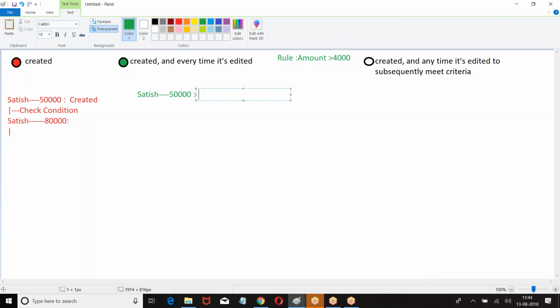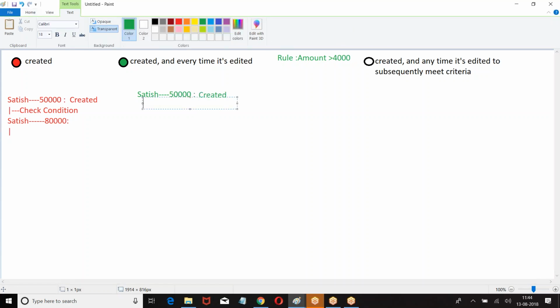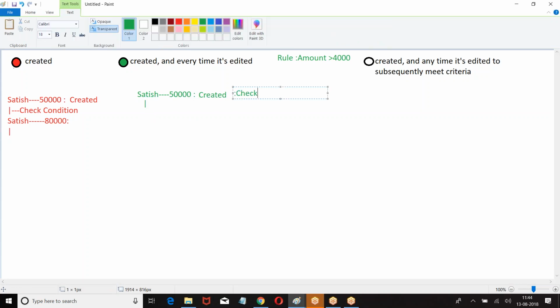A record is created called Satish 50,000. When you create a record, check the condition. Then again, Satish 50,000 is modified as Satish 80,000. When you modify, again Satish 80,000 is modified.